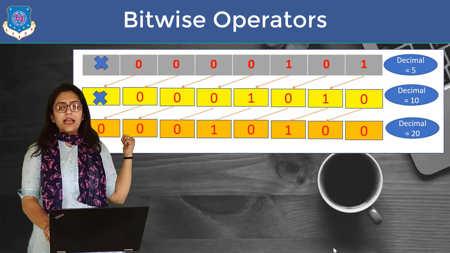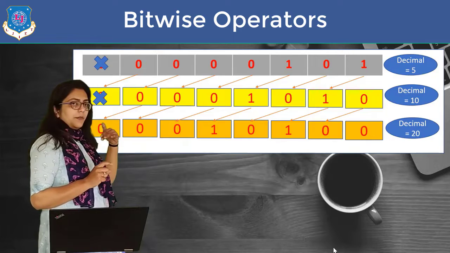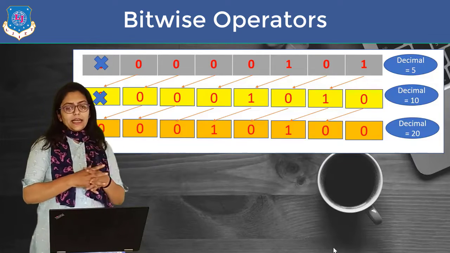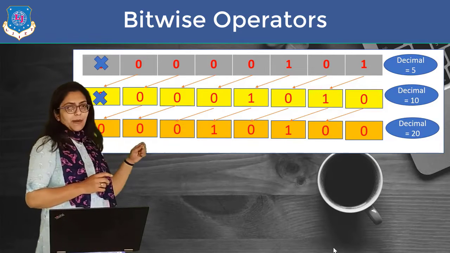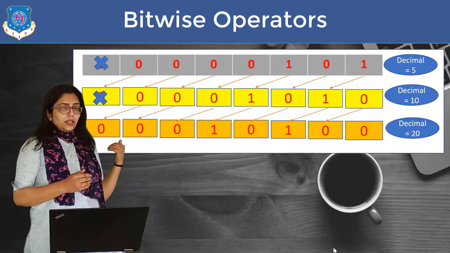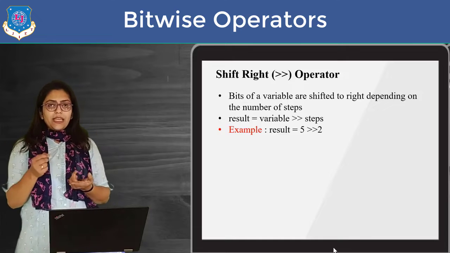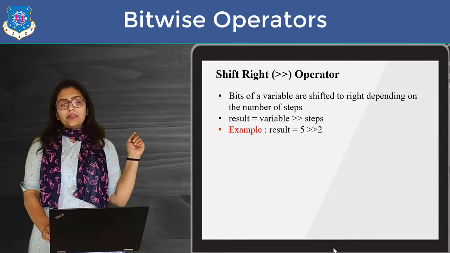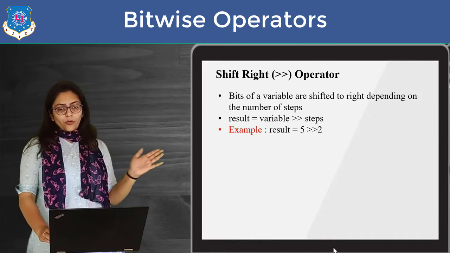At that time it will be decimal 10, and when it is shifted to the left a second time, it will be 20. So every time we shift left, it multiplies by 2, right? And the other bits on the right side will be 0, so we are padding it with zeros. Here 2 zeros will be padded because we have shifted it 2 times. You can consider this figure over here.